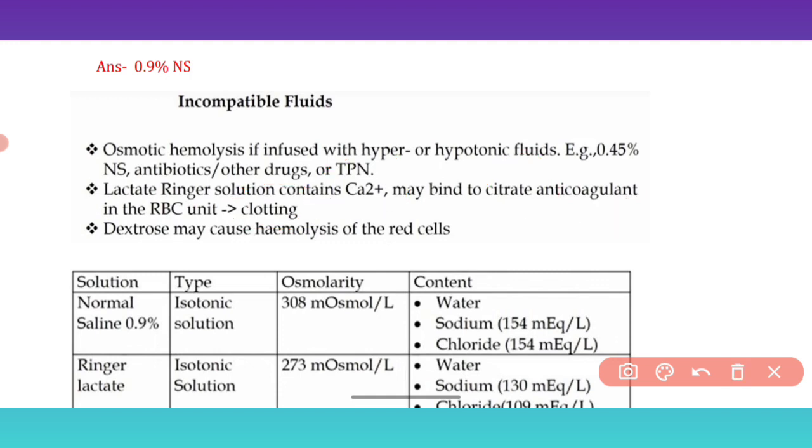Also, we should not go with hypertonic or hypotonic solutions. Why not? These solutions will cause hemolysis. Even dextrose will also cause hemolysis. So all these are incompatible fluids. What are the incompatible fluids? The first one is Ringer lactate, the second is hypertonic solution, and the third is dextrose. The compatible fluid is only 0.9% sodium chloride. Okay, and the next one is